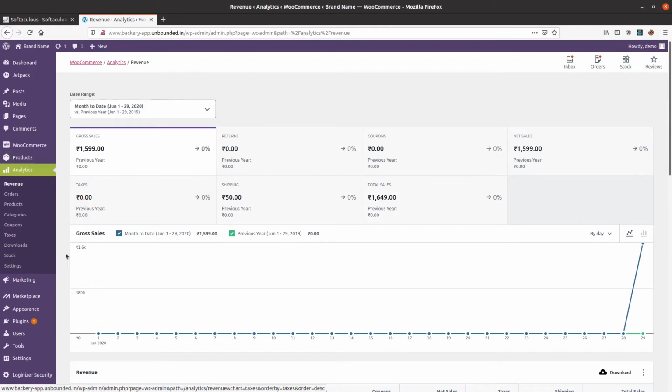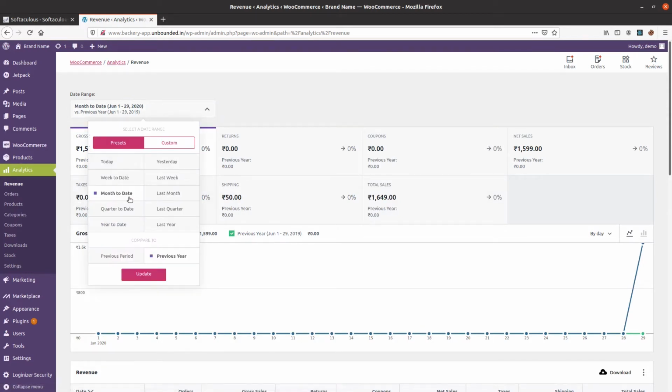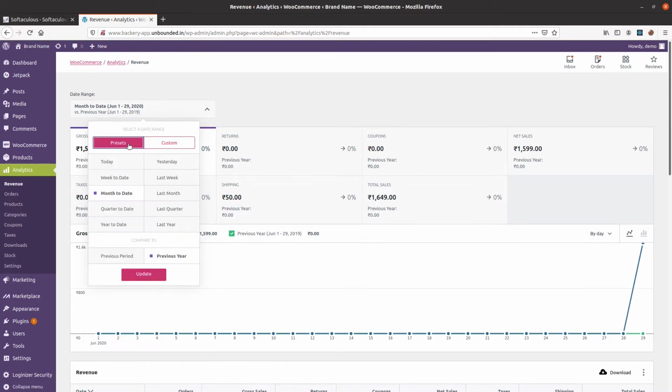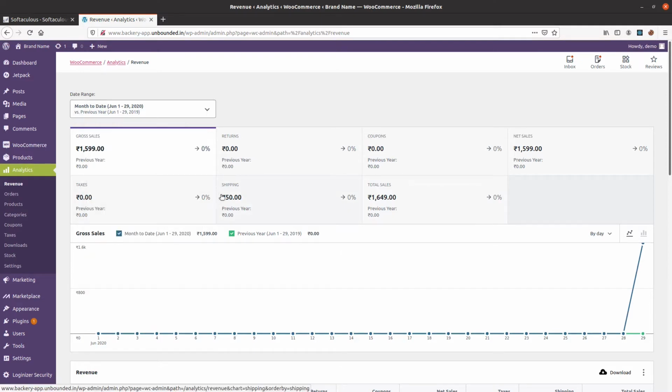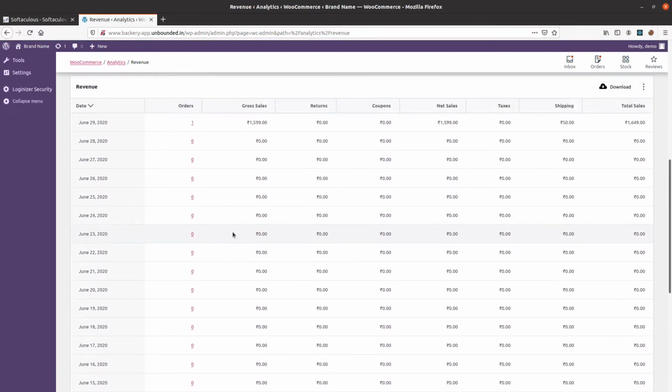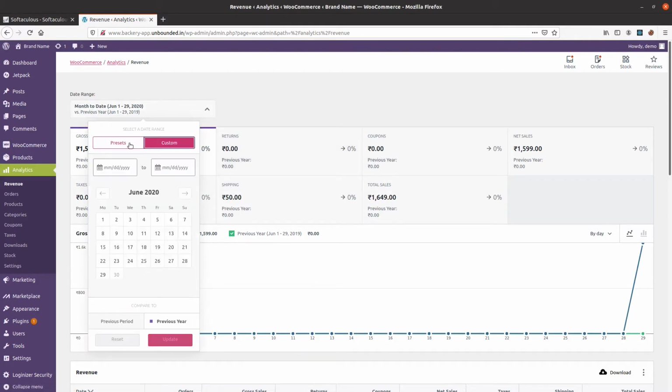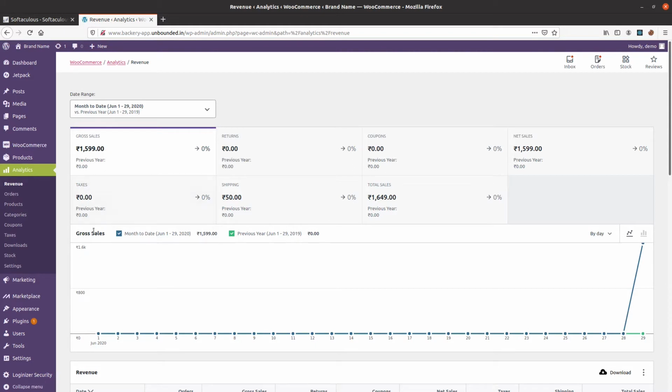So here in the analytics, in the overview section, you can get the overall summary of all the sales that you have made in this year, in this month, or even last year, like any custom date range, or even any predefined date range. You could very well get the details of all your sales that you have made and all the revenues that you have generated, all the shipping costs that you have paid for. All the details will be available in this section. So here the highlight of this page is you can search on various possible dates, right?